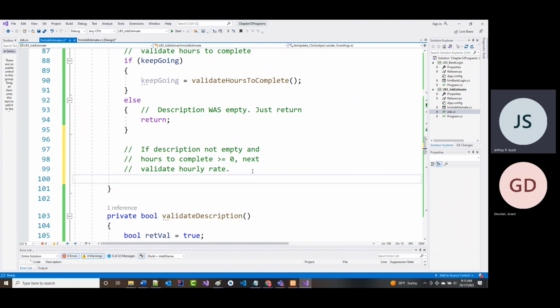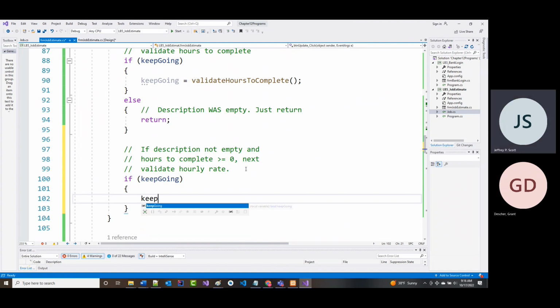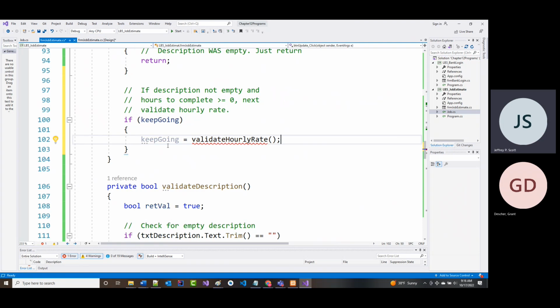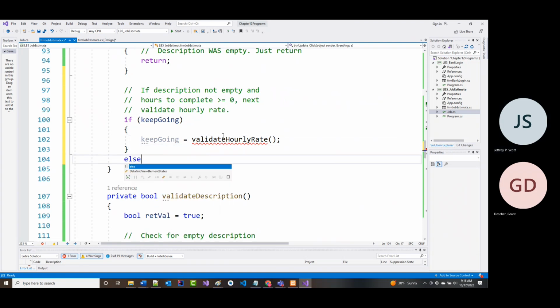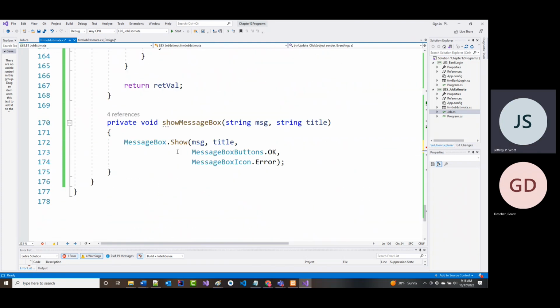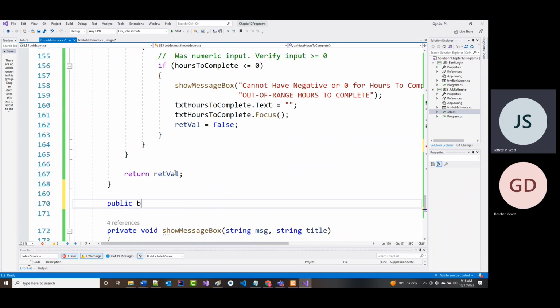So I'm going to come in here and again say, if, keep going, equals validate hourly rate, which hasn't been written yet. So of course it'll give us an error. All right, which is fine. All right, else return. All right, so when we do that, validate hourly rate, we'll do it right down here. So public bool